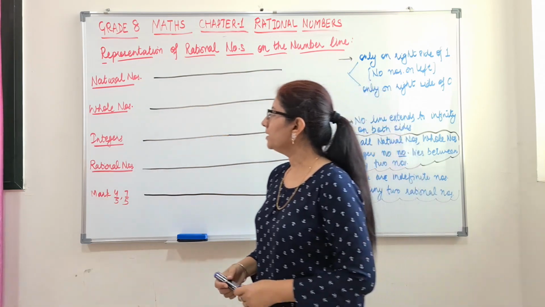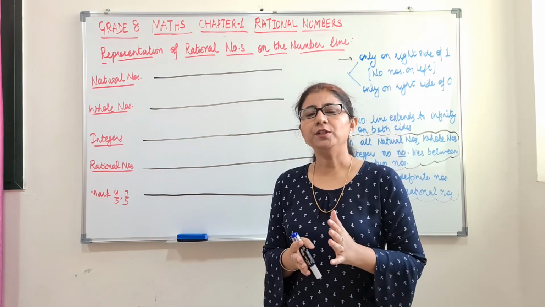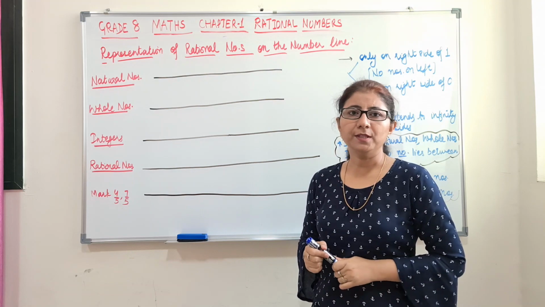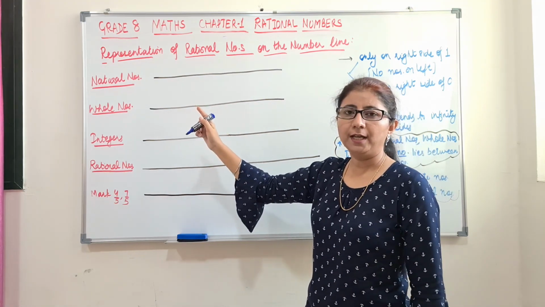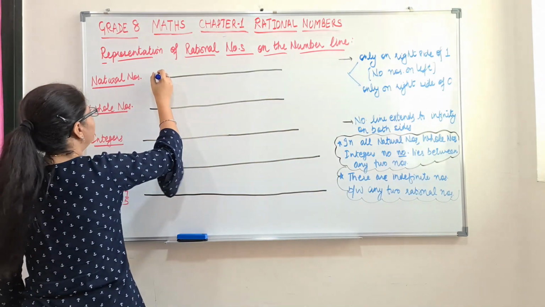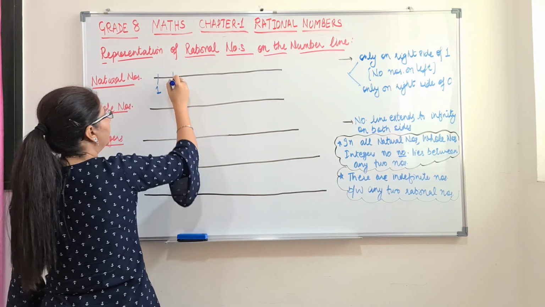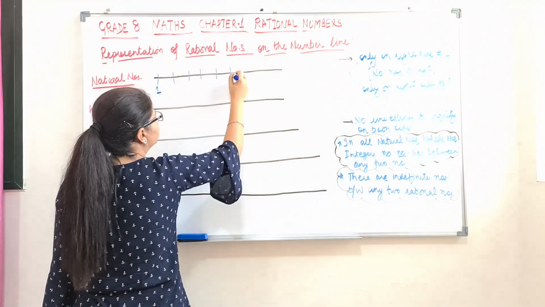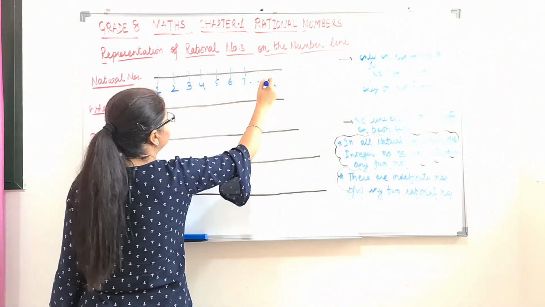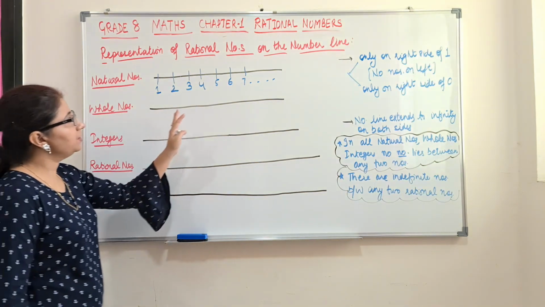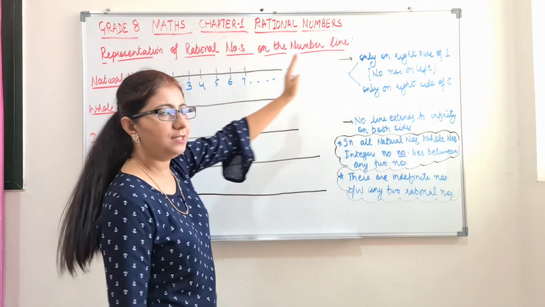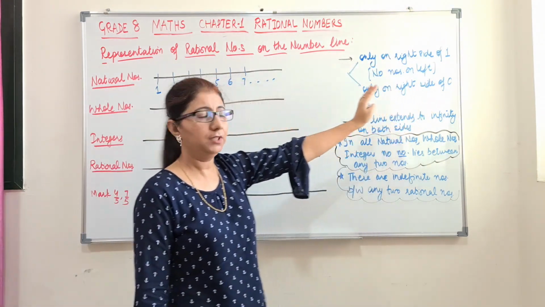So let's start. First is natural number. As you know that natural numbers always starts from 1. So how to make a number line for those numbers? So our first number that we mark on the line should be 1, then 2, 3 and so on till infinity. So here we will mark first number as 1 and then mark the other numbers as 2, 3, 4, 5, 6, 7 and so on till infinity. So please remember that there should be no number on the left of 1. So this number line will extend till infinity only on the right side of the 1.